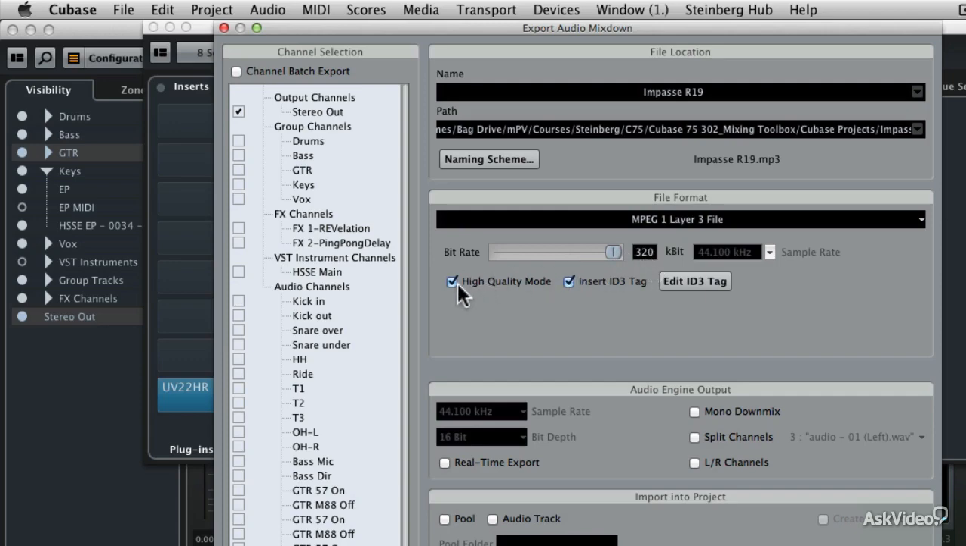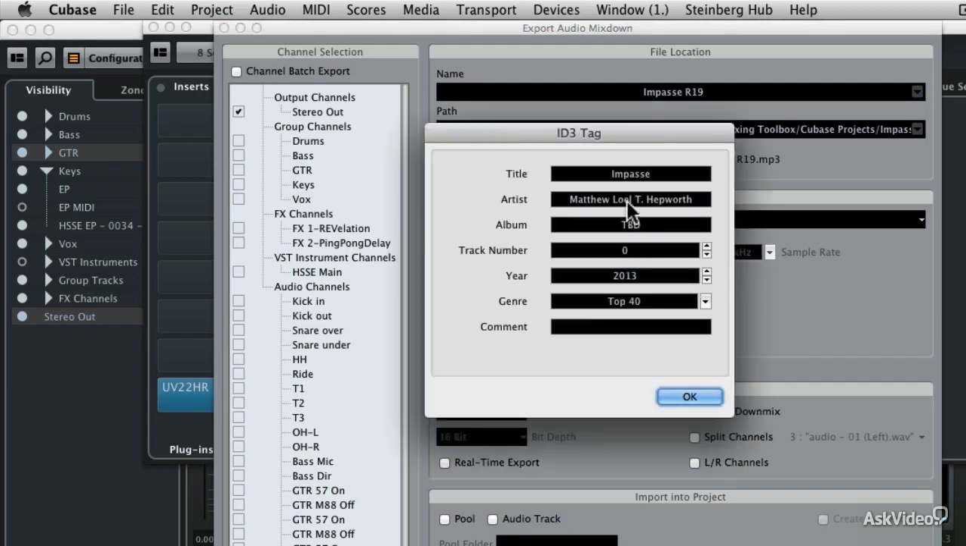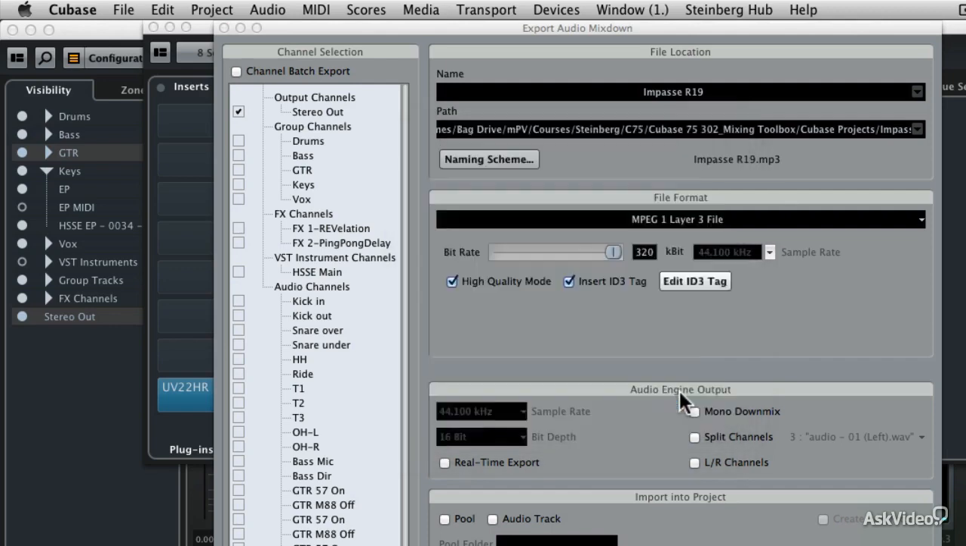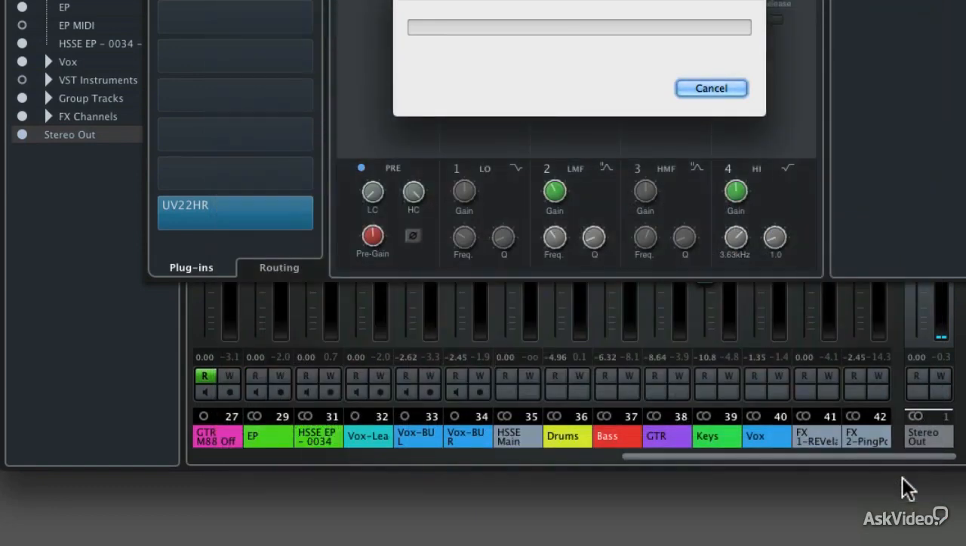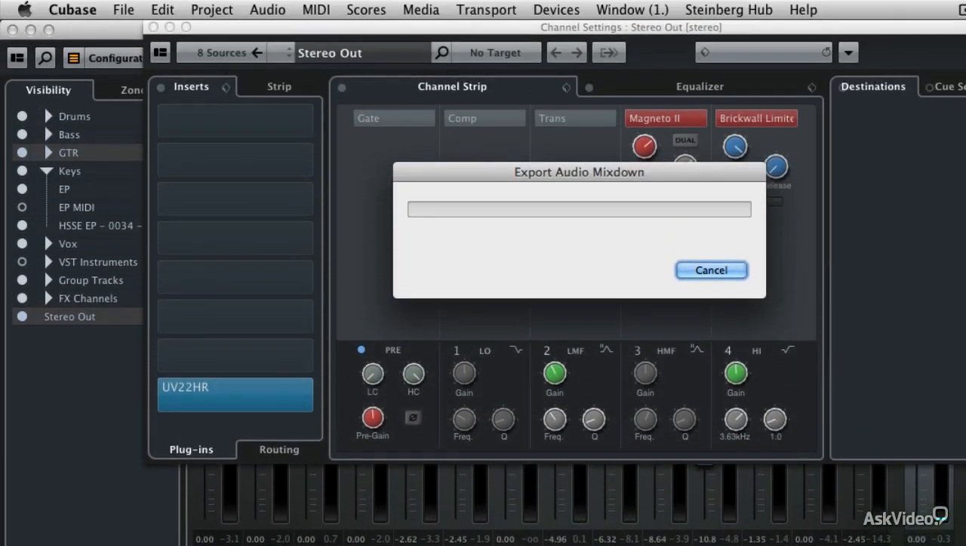Then I'm going to make sure that high quality mode is enabled, and I am going to insert the ID3 tag, and the ID3 tags are what shows up in an MP3 player. So if you edit the ID3 tags, you can come right here and enter the title, artist, track number, and year information, and I've already done that, so I don't need to enter it again. That way that information will show up on the MP3 player or in iTunes or a Windows-based audio player. Then I can come to the export button, and this is going to export an MP3 compatible version of the